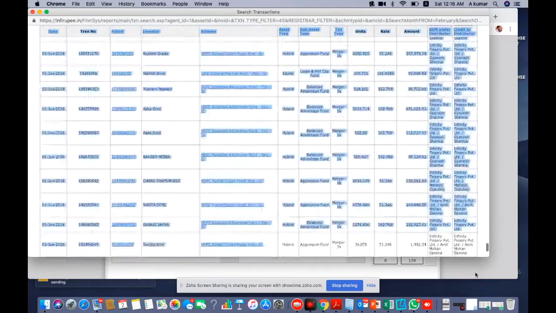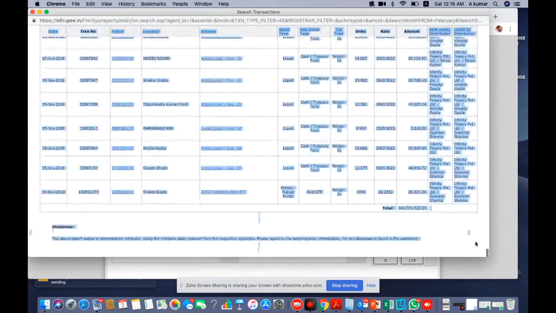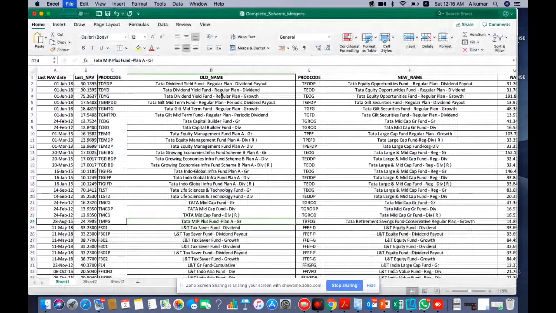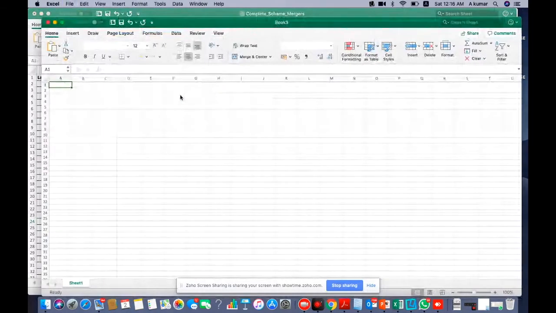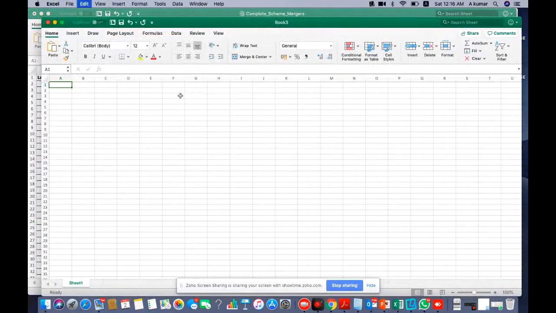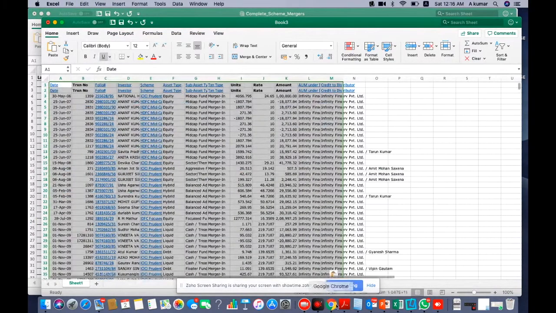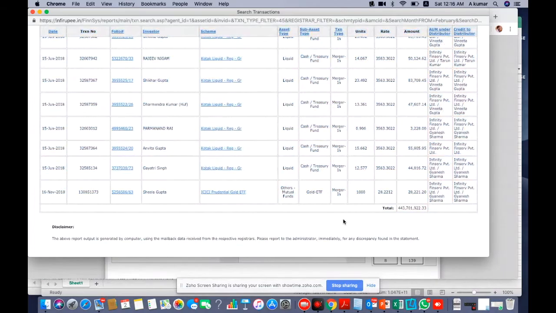See, I have selected it, copied it, and I'm taking it to a new Excel file. So now I am pasting it here. Yes, it is pasted. And then what I did is,